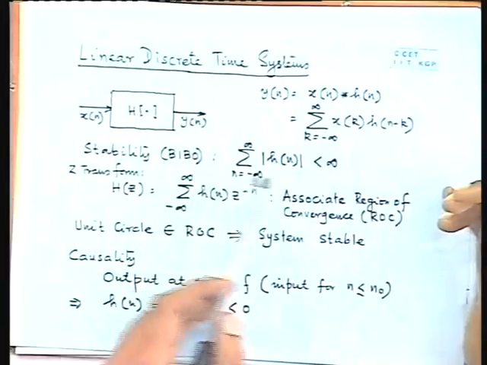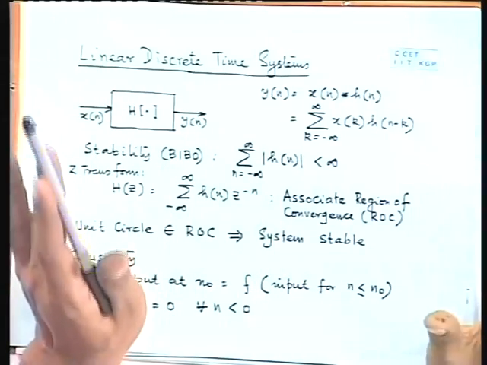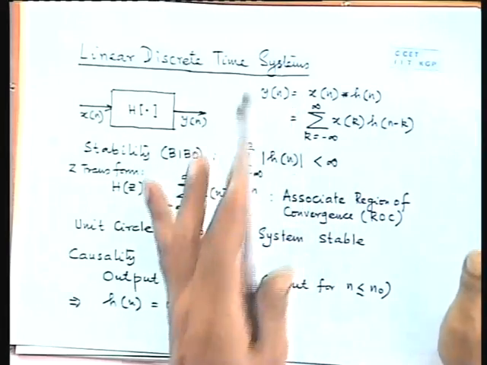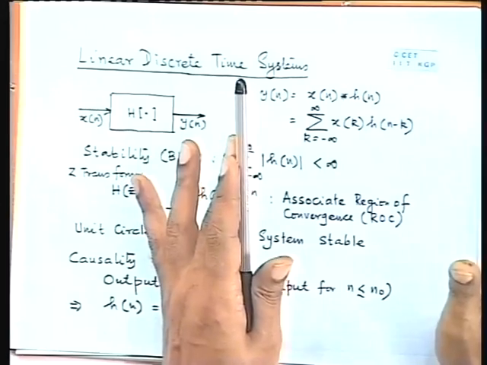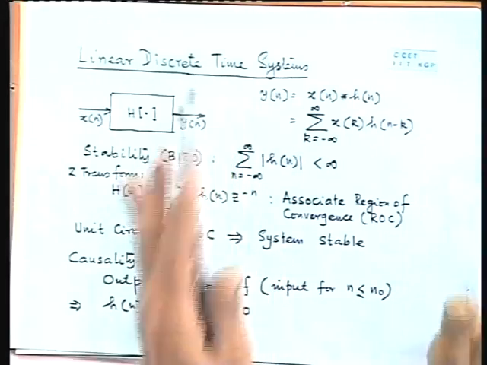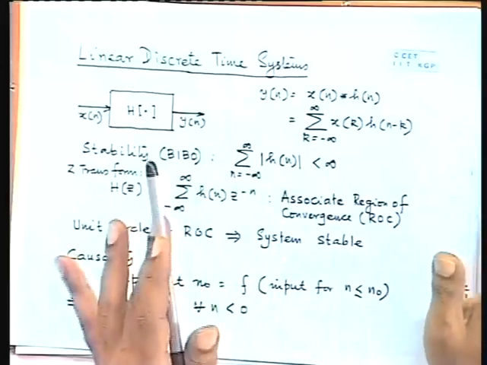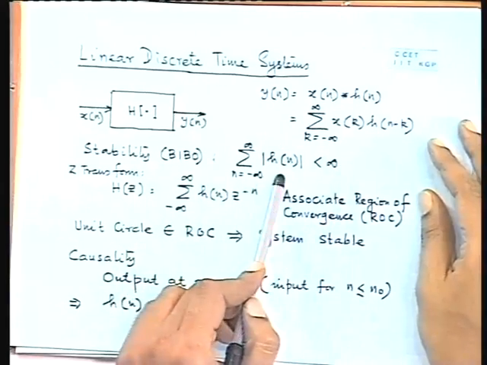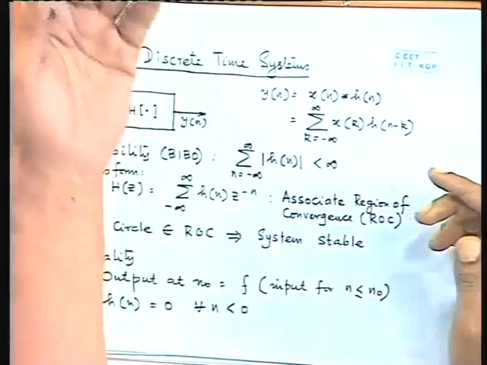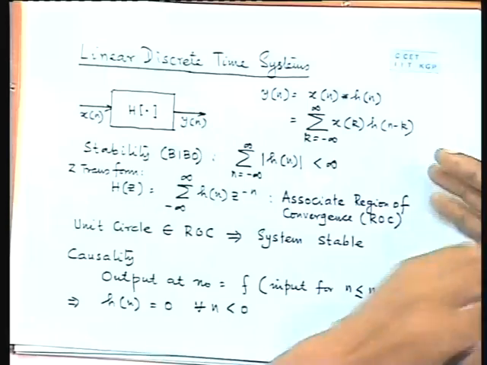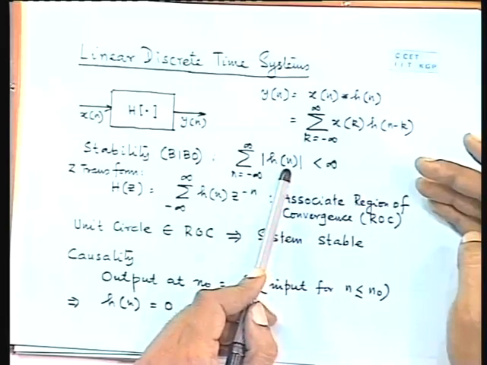Remember that we are only talking about linear systems, because unless you have linear systems, this definition does not hold. The convolution integral is basically derived based on the principle of superposition. So we have already made an assumption that we are talking about linear systems. Okay. So if we have such a system, then it can be shown that if this condition holds, which is what is called the absolute boundedness of the impulse response sequence, mathematically speaking, the system is bounded. So if the impulse response sequence, what is the impulse response sequence?